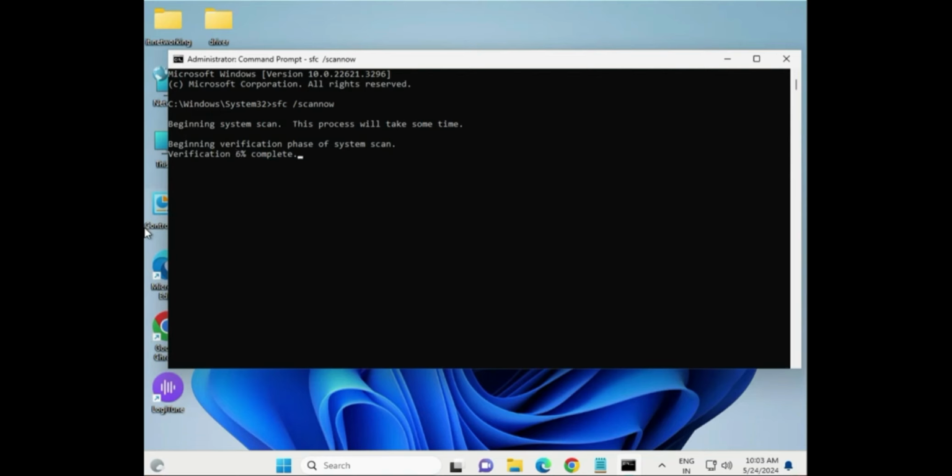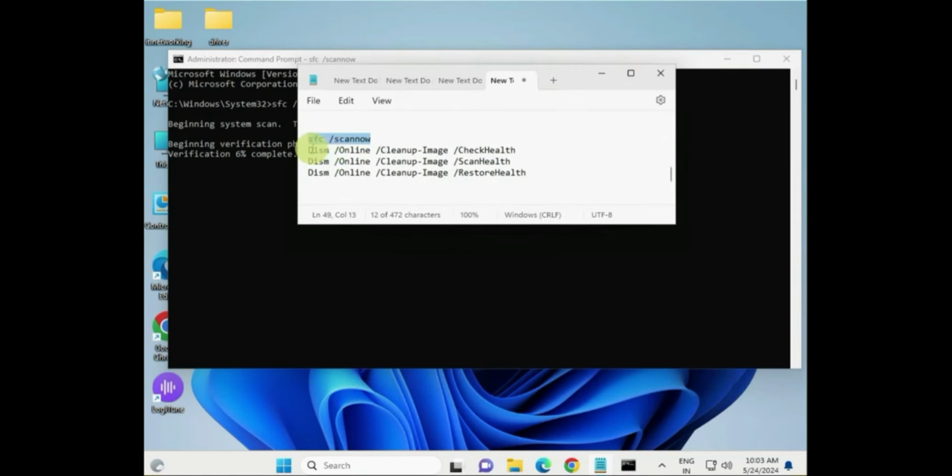It will complete to 100%. Then type the second command, this one, and then this one, one by one.